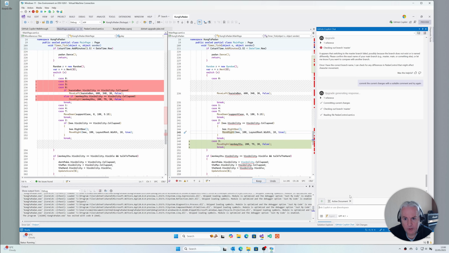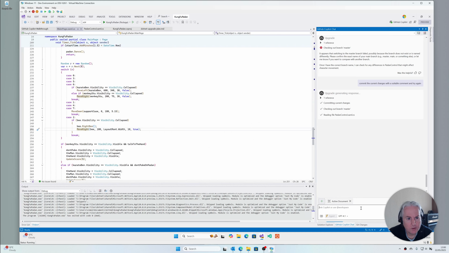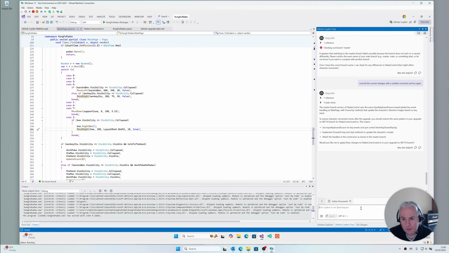I'll just ignore that again. So now it knows, and yep, apply the changes. What's good about this in comparison to Copilot Workspace is that